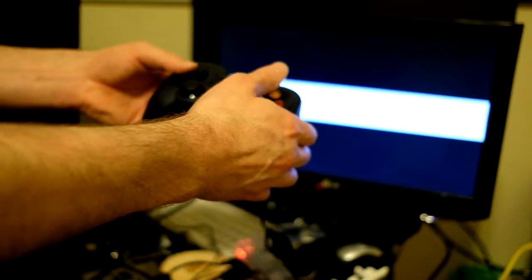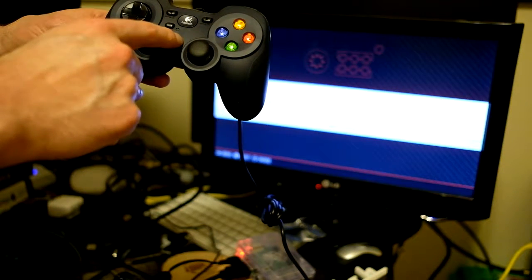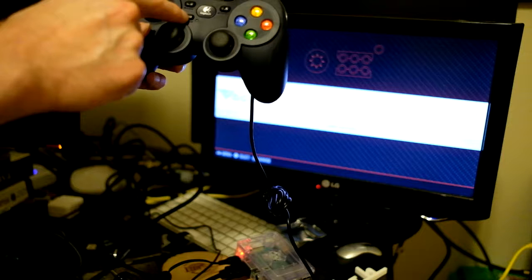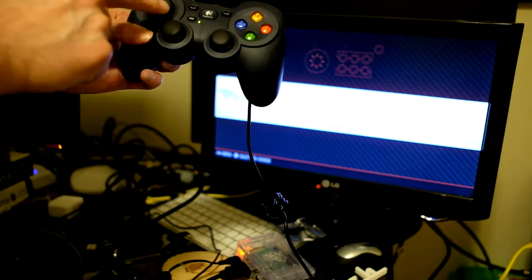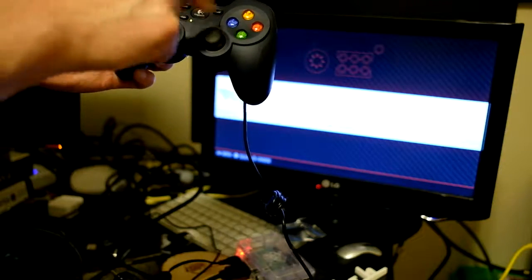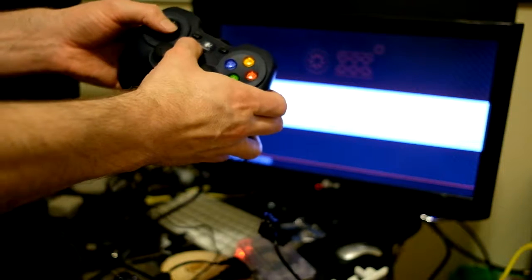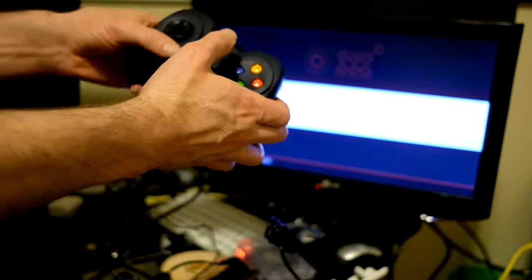Alright, so now, hey, look at here. Here we go. What I love about these controllers, you'll notice that there's a mode button here. This mode button is really cool. If you have a game, it lets you switch between these two controls here right on the control. So if the game is configured and this D-pad is working, but you'd rather use this, you can just flip it